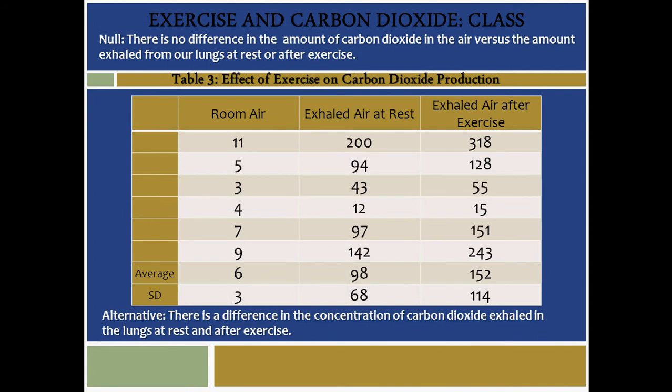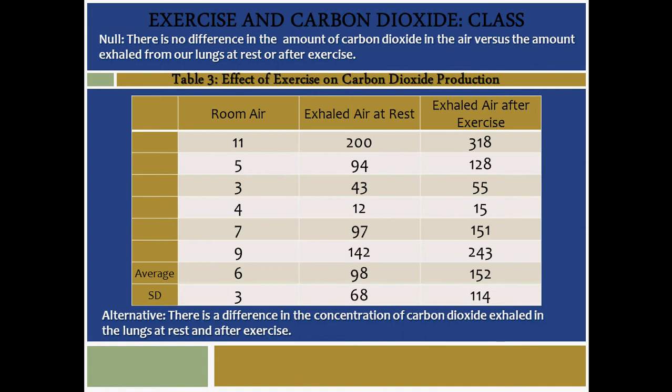The data from the carbon dioxide exercise experiment for the class was compiled in Table 3. The averages of each section's data for each of the 3 different conditions were used. The room air had significantly less carbon dioxide production. Comparatively, exhaled air after exercise produced more carbon dioxide than at rest. This was expected because the rate of respiration is faster after exercise and more carbon dioxide is produced by your